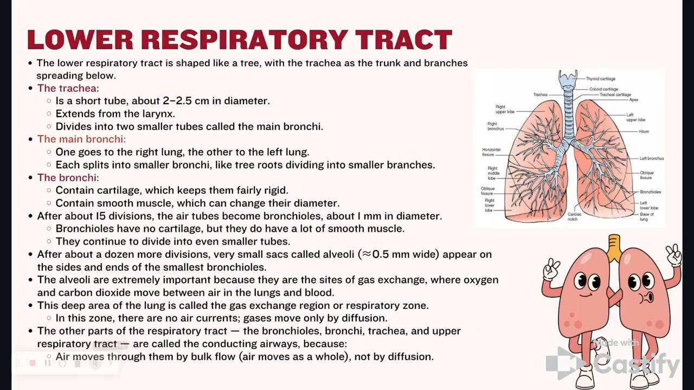Okay, so we're going to start off with the trachea. It's a short tube, about 2.5 centimeters in diameter. It extends from the larynx and divides into two smaller tubes called the main bronchi. Okay? So the trachea is the tree, and it's going to divide into right and left bronchi. The main bronchi, one goes to the right lung and one goes to the left lung, as we can